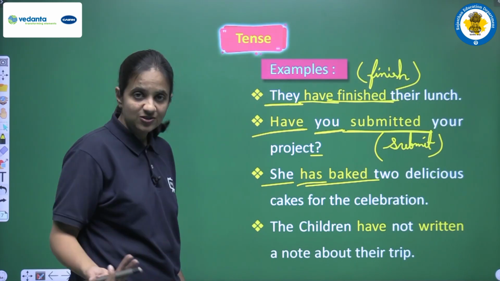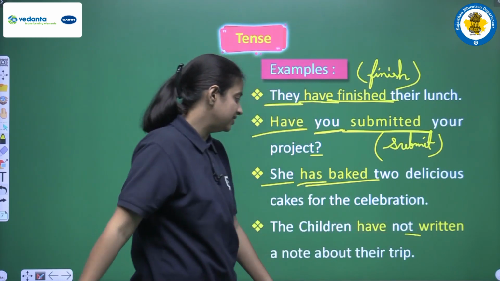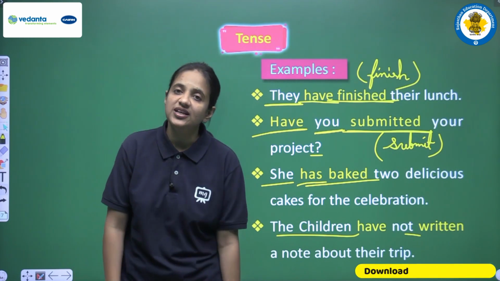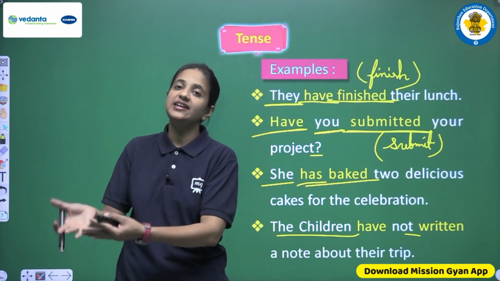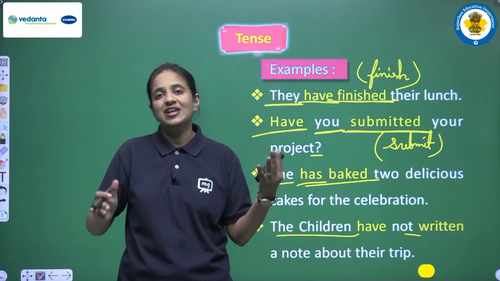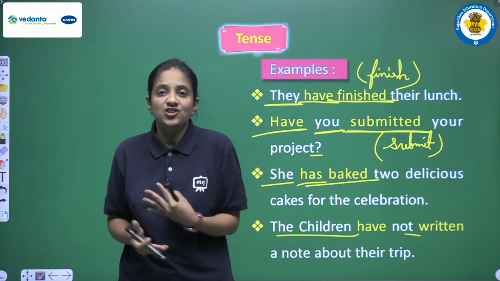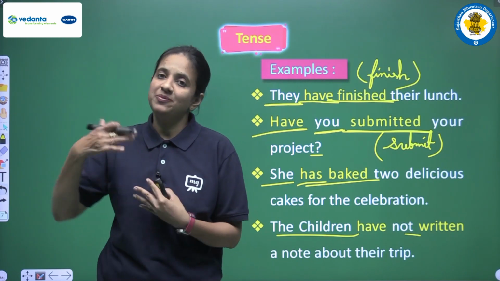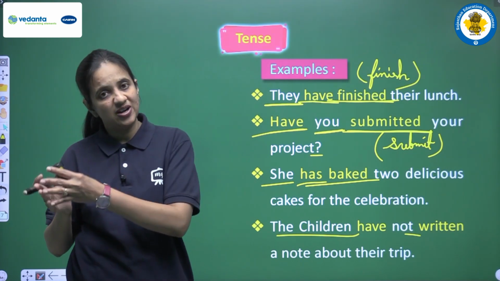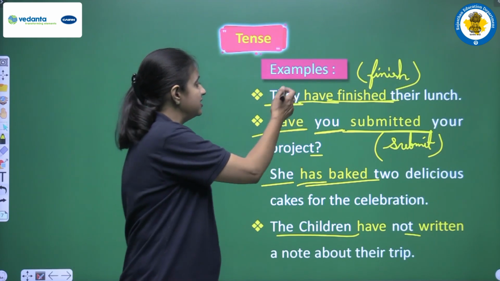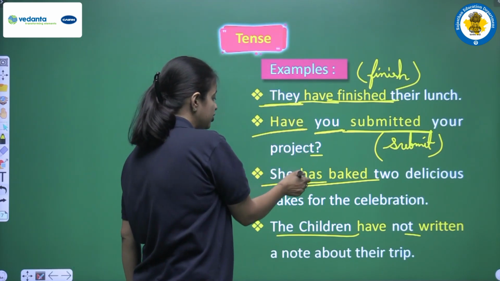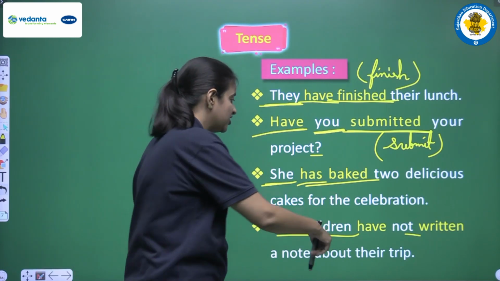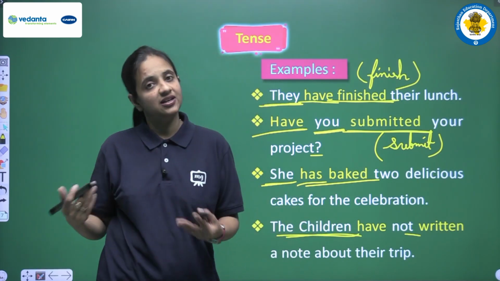So this is a negative sentence because we are having not in the sentence, and the subject is the children. Okay, so the subject of a sentence can be a noun and it can be a pronoun. Okay, so I am very much sure this concept of noun and pronoun is completely clear to you, because nouns can be replaced with pronouns. So yes, pronouns can be subjects also, like in this sentence they is a pronoun, she is a pronoun, you is a pronoun. So pronoun can be a subject, and children, that is a noun, so noun can be a subject also.